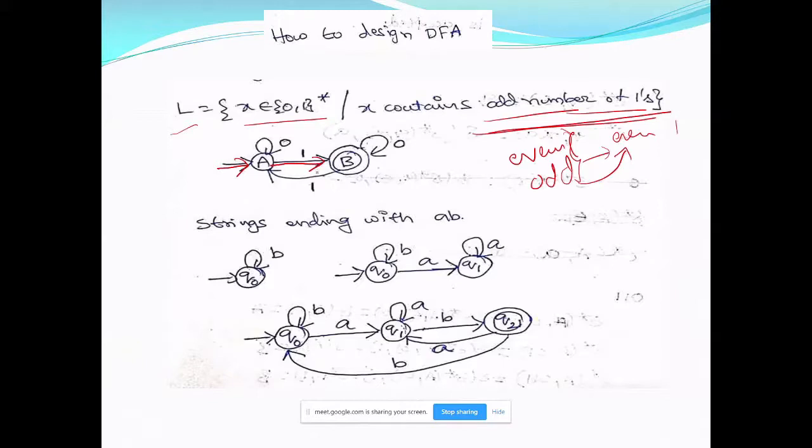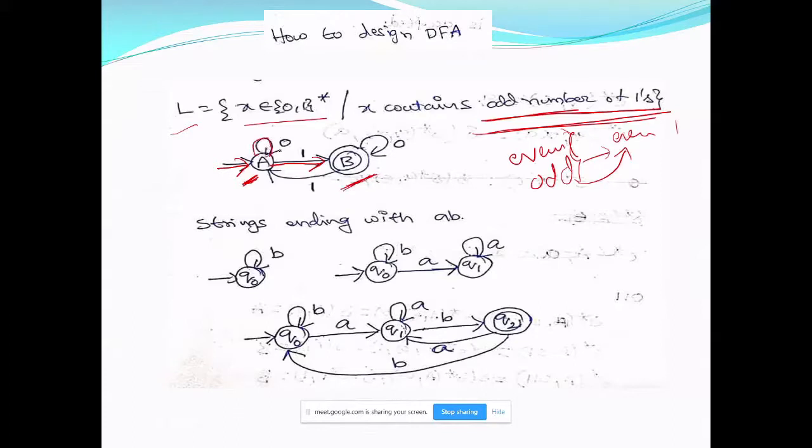Suppose I get one more 1, then I come back to A. So A is for remembering an even number of ones and B is for an odd number of ones. Because we require an odd number of ones in the string, B is made the final state.